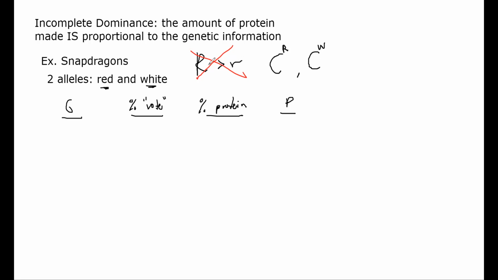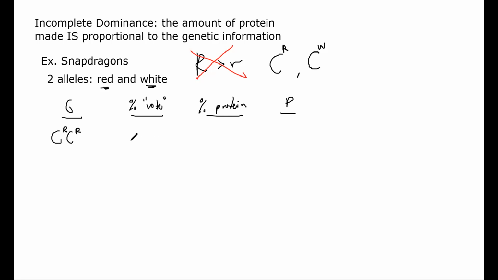We're not really using uppercase and lowercase here because, again, that's going to tell us it's complete dominance. Okay, so let's go ahead and look at the options here. Let's start with the easy one. If a flower is C^R C^R, it's homozygous red. You could say it's homozygous dominant, but again, it's kind of blurry because this is a spectrum,